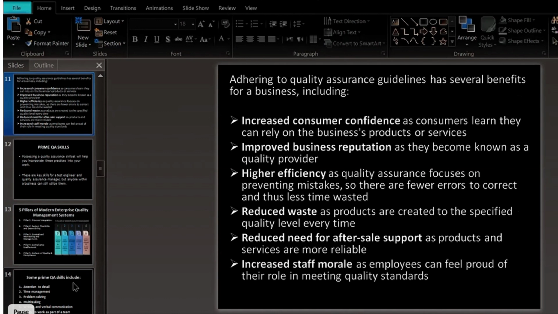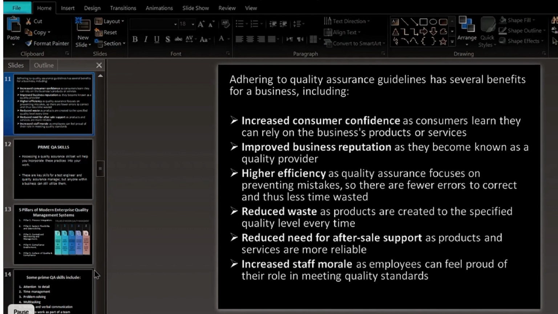The Q is required. Now this is not a Q. This is a Q of Urdu, which is required to be answered. But why is it required? Why is it required in a way? And what is the main idea or what is the main purpose behind it? So this Q is actually adhering to quality assurance guidelines and several benefits. And these benefits are number one,